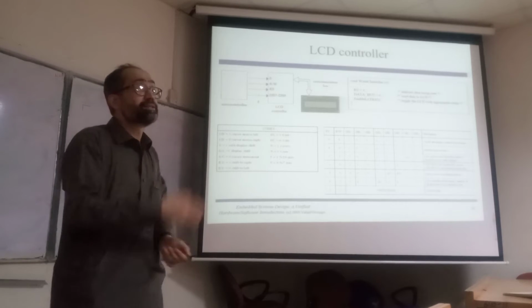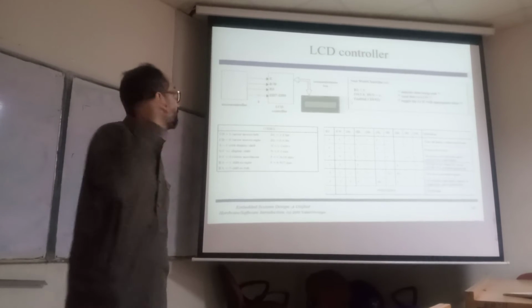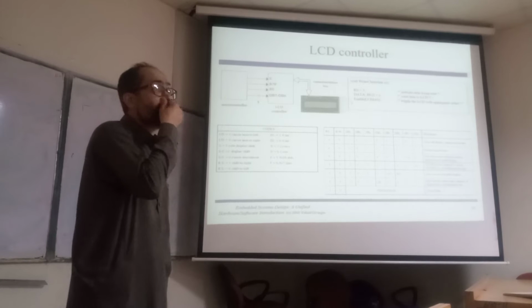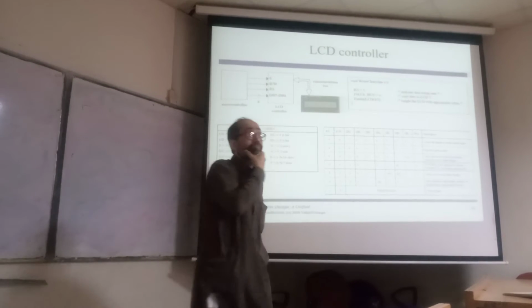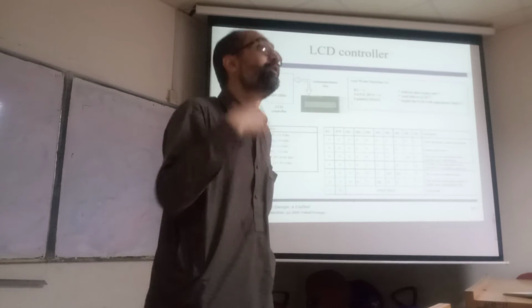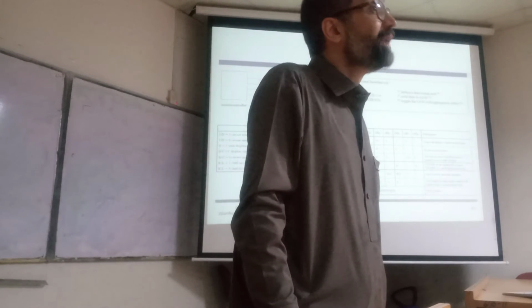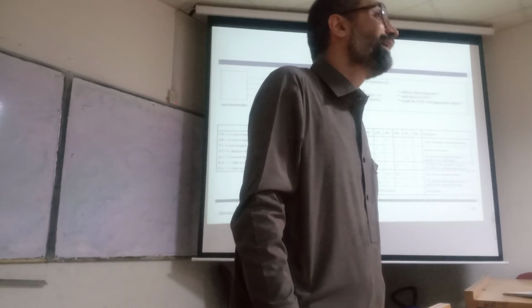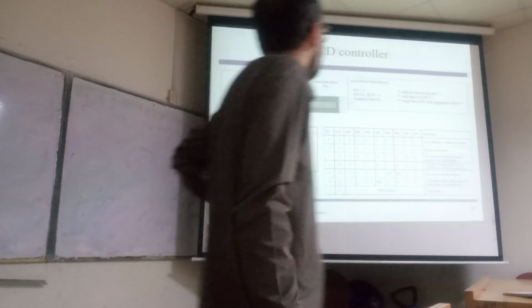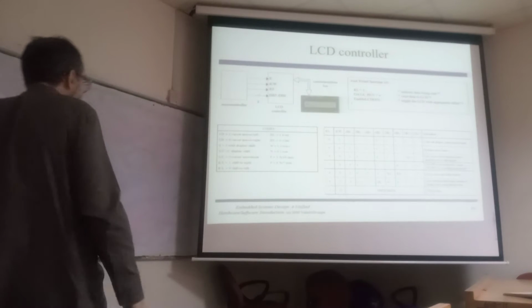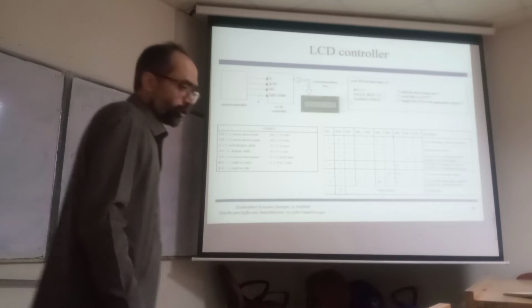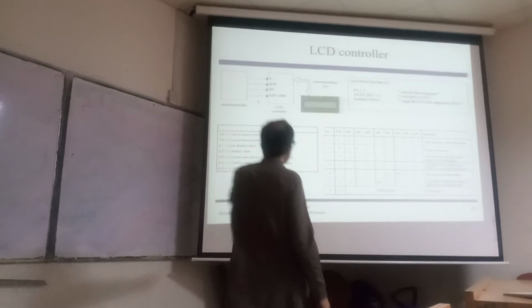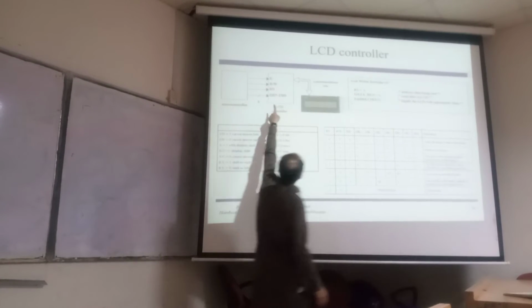What are these interface signals? E, RW, RS and DB7 to DB0. And then it is giving commands to the LCD controller. Which pixel will be high, how it will be high, it will be done by the LCD controller. So this is device communication. Now there are different modes. If you look at here, so this RS is there,